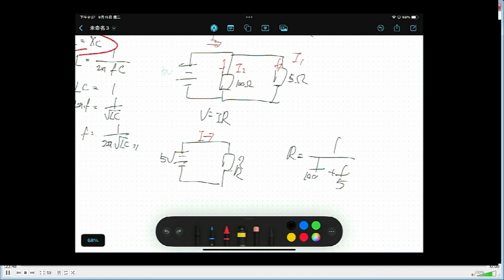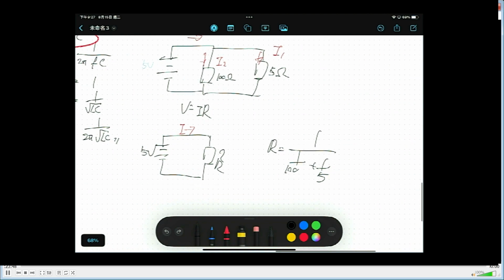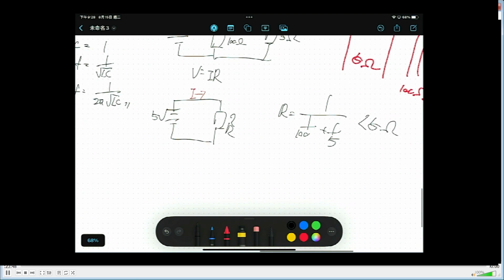Do I need to explain why? It must be less than 5. Think in this way. If you have a very big road, this is like 5 ohm, and a very narrow road, 100 ohm. Apparently you can have more cars going through, even though you have a very narrow road. So why is the total resistance less than 5? 5 is already very large, and you even have an extra road for them. That's why it must be less than 5. And the result is,